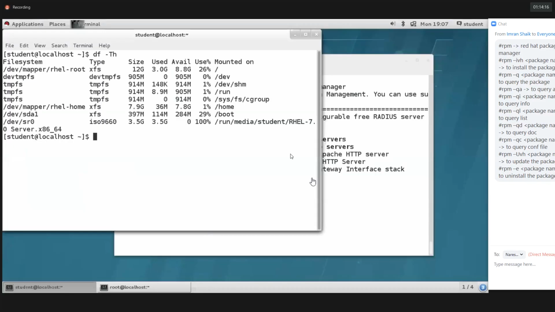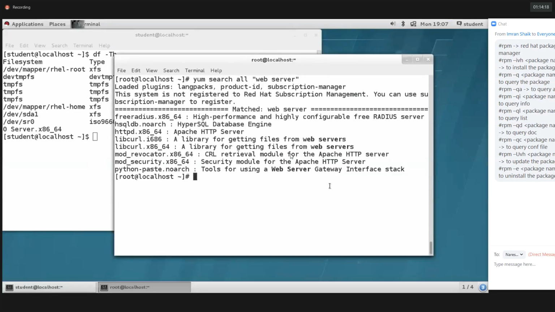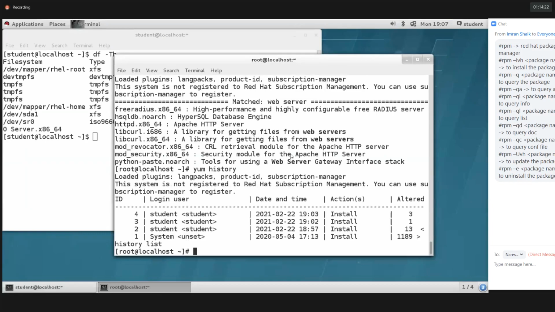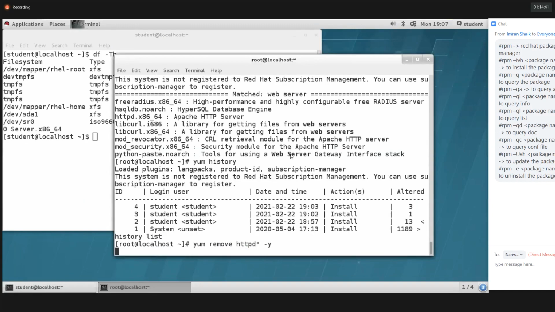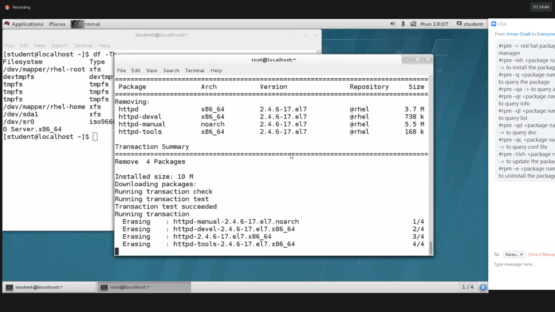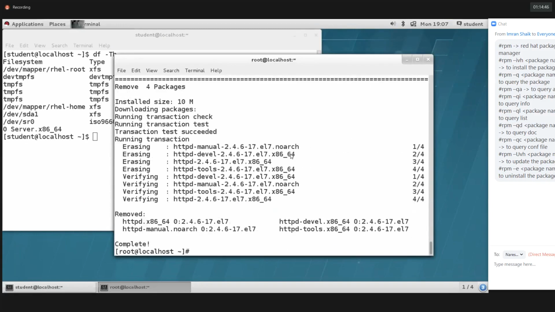Right. Good. So next, yum history. How many times I installed a package, how many times I uninstalled packages, everything we can get. So how to uninstall a package, let's say yum remove httpd. I'm trying to uninstall this httpd package, okay.